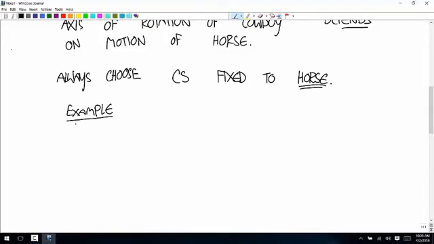All right, so let me do an example. So let's say we have a rotating shaft coming out of the wall, and it's attached to